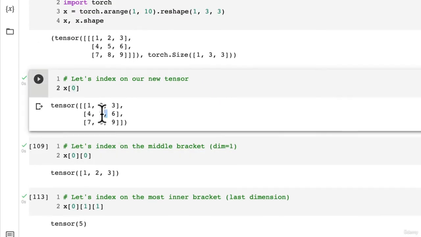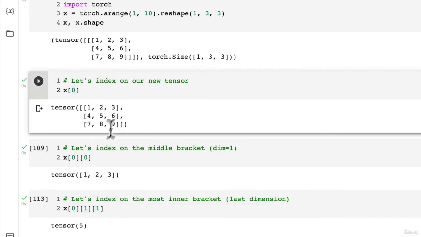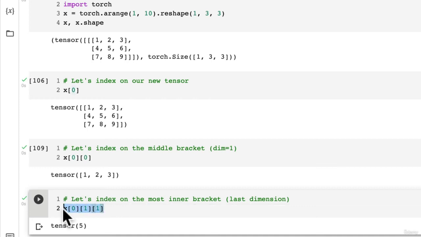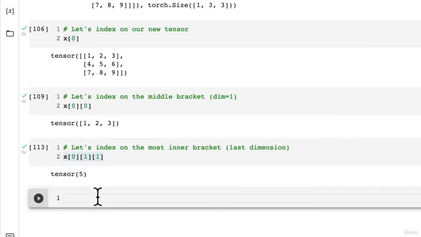5. Beautiful. So I'd like to issue you the challenge of, how about getting number 9? How would you get number 9? So rearrange this code to get number 9. That's your challenge. Now I just want to show you as well, you can